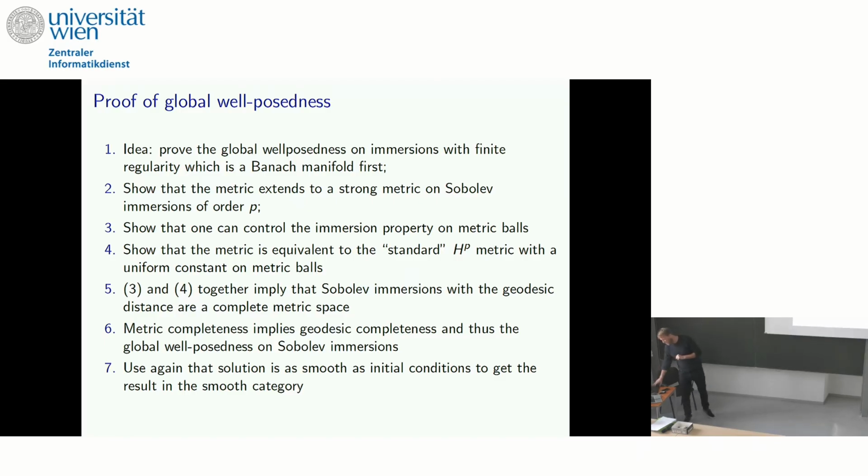Okay, so what goes wrong? What goes wrong for surfaces? Steps 3 and 4 go wrong for surfaces. All the other steps also work for immersions in general dimension, but 3 and 4 go wrong for surfaces. So you might ask now, why does it work for diffeomorphisms then in higher dimension? Because 3 and 4 seem also difficult for diffeomorphism groups in higher dimension.